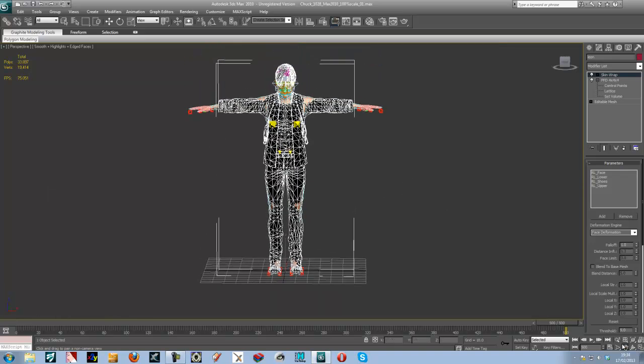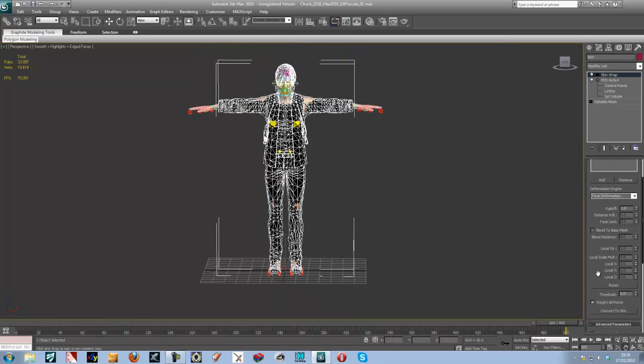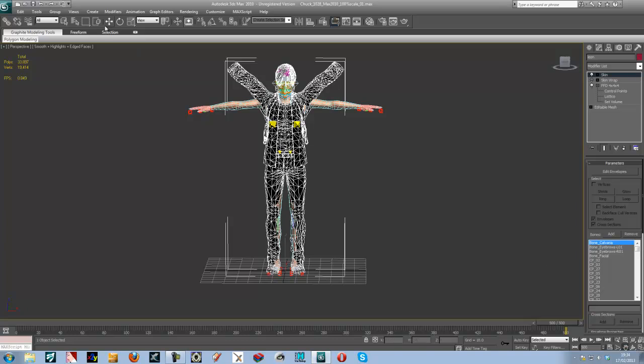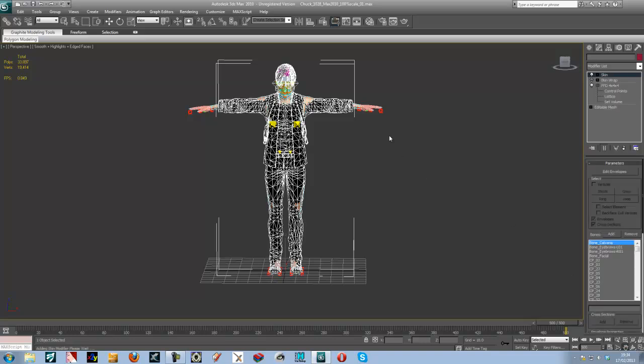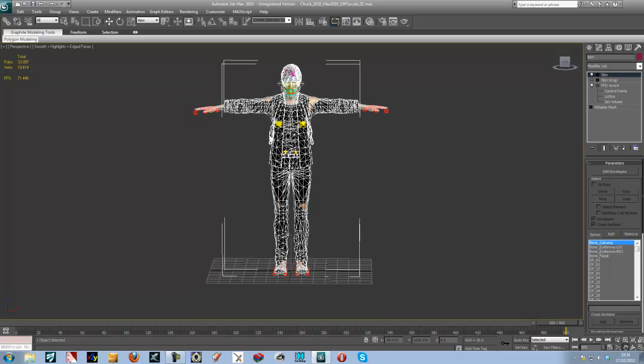The only thing we need to do is go convert to skin. You see that's okay. That happens for some reason. I'm not exactly sure. Go back again. There you go. Did it this time. Okay, so we've wrapped it on, but